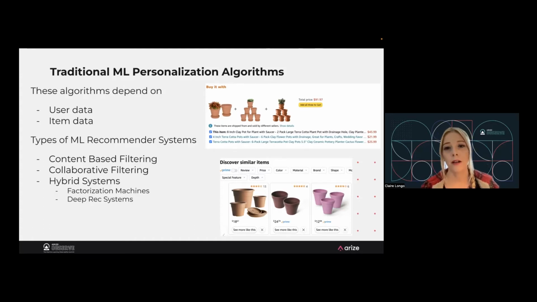So it's kind of when you see that people who purchase this have also purchased these other recommendations, that's usually what's driving those. And then last but not least is the hybrid recommender systems. These are my favorite kind of recommender systems. They are called hybrid because they use both the user data and the item data. When we talked about content and collaborative, those use only one of them. One uses item data, one uses user data.